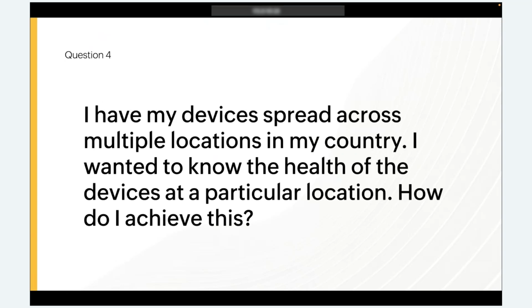Number four is, I have my devices spread across multiple locations in my country. I wanted to know the health of the devices at a particular location. How do I achieve this? Yes, there is a group feature in OpManager which allows you to group devices or interfaces together for organized network management. To check the health of the devices at, say, the New York branch office,